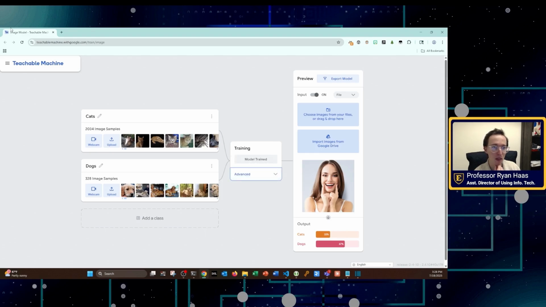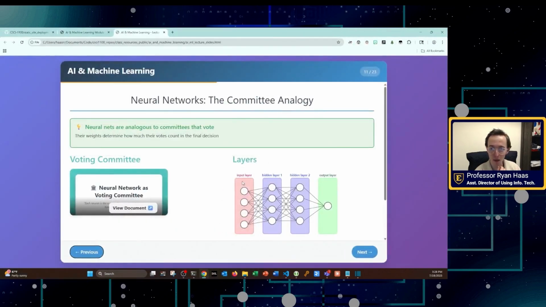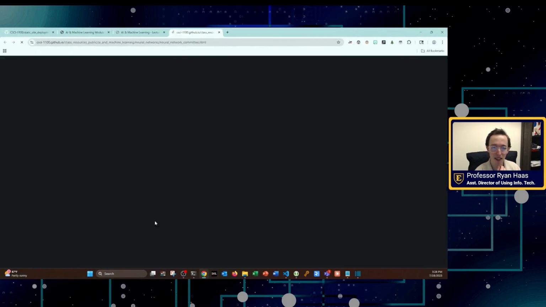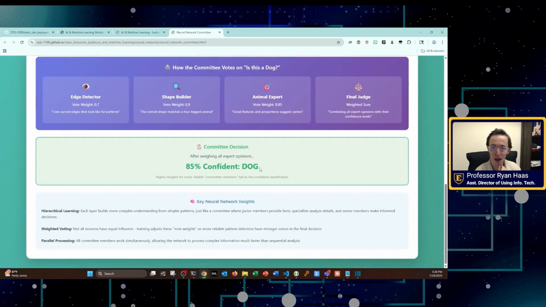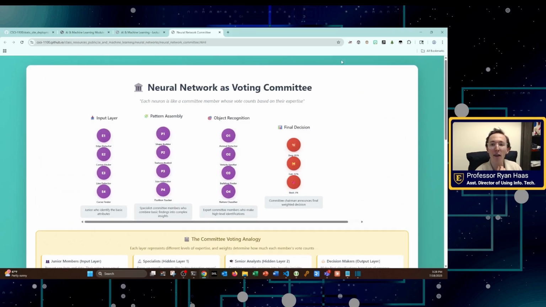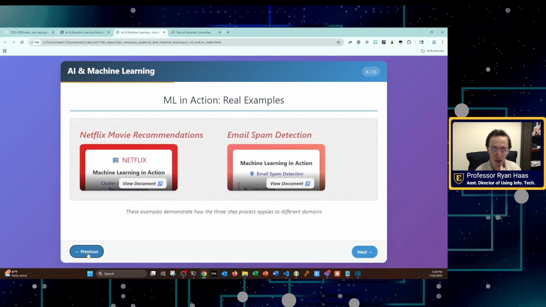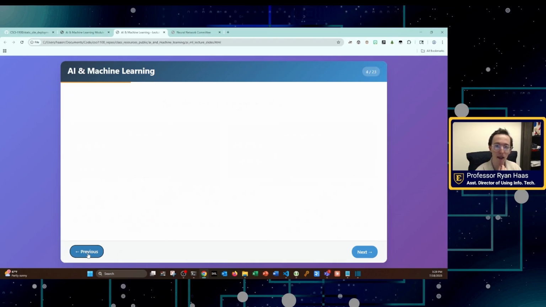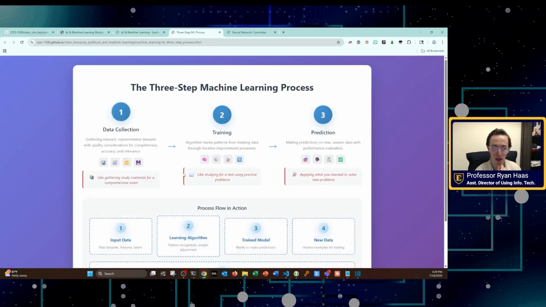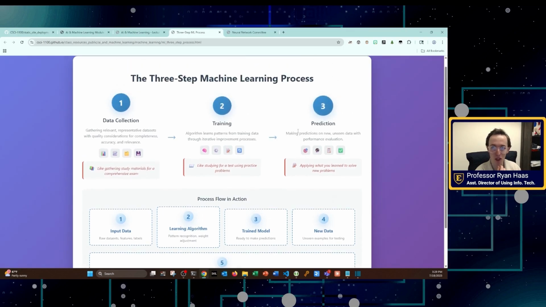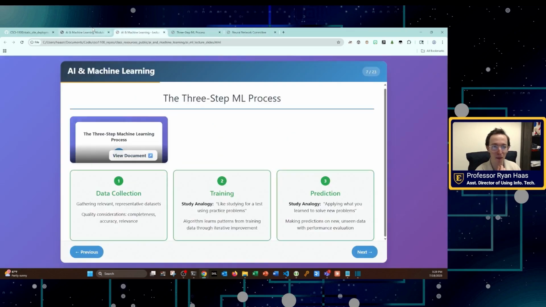So what we've just demonstrated is actually that neural network that I showed you. Oops, trying to pull it up here. So we've actually created one of these, and it's predicting what we're looking at, right? Now, the training process we use to do that is literally exactly what we talked about on the machine learning slide. I think I went too far, but yeah, this one. So it's literally this 3-step process. That's what we just walked through in order to create that model.